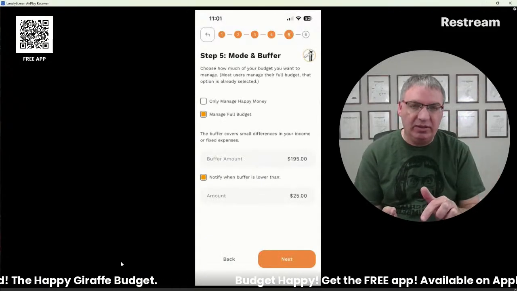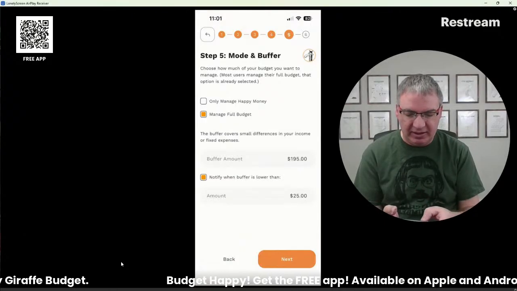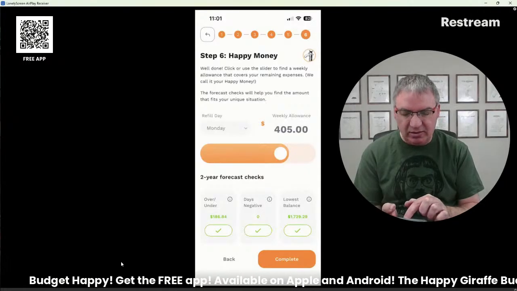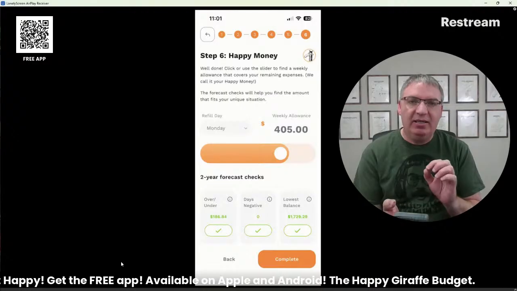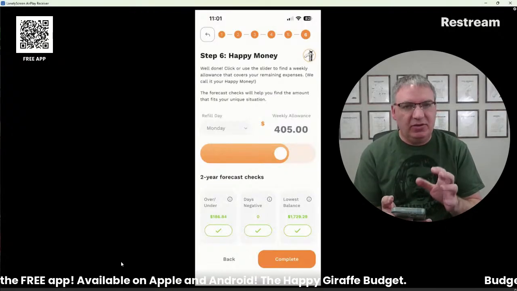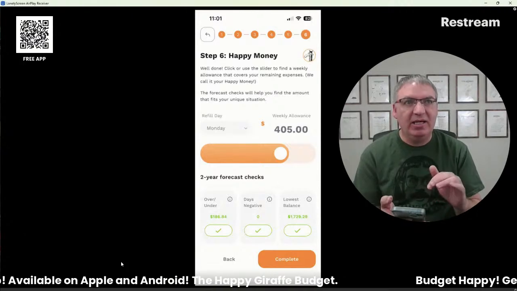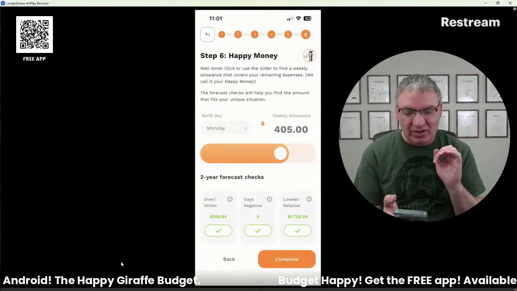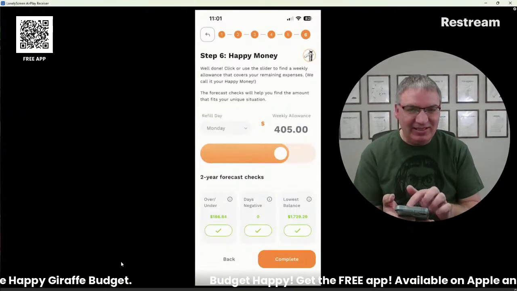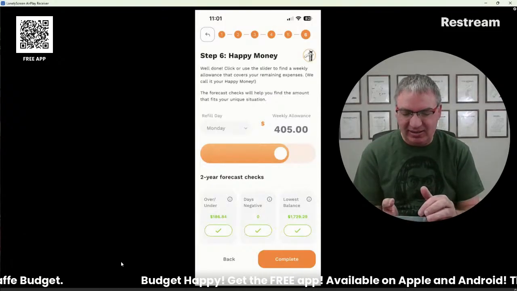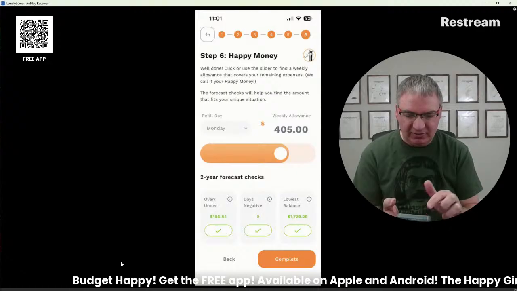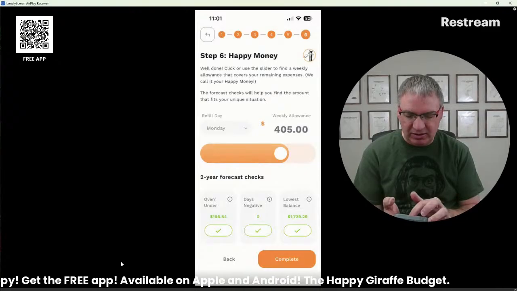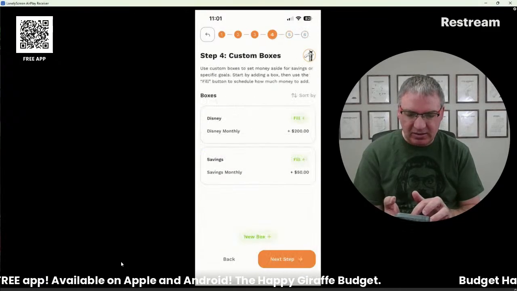The buffer amount is going to show what you have in your fixed box right now. I got 195 in there, so I'll just leave that. And now you can see that over and under is 186. So I realize that for a lot of first-time users, the idea is you want your money going sky high, as much as you can. For this case, you want that to be as close to zero as you can get it, because that means you're using it all in some way. So whether you use it here for a weekly allowance, or like I've got 186 a week that I'm not using right now.